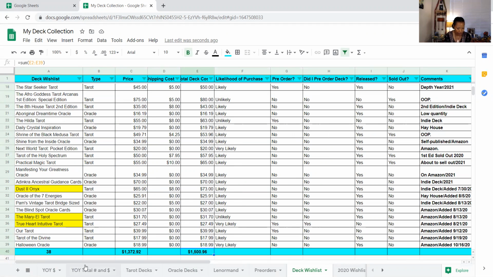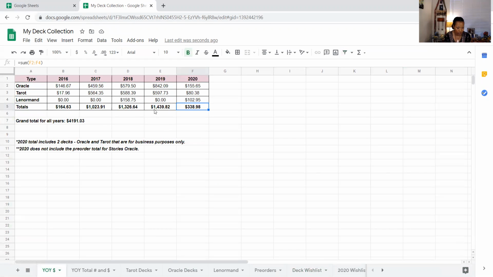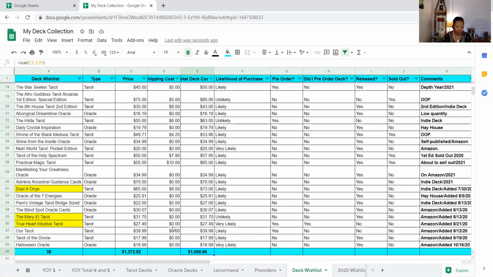And so, remember those totals I was showing you before? In 2019, I spent $1,439.82, and then I would have been on track. Actually, it would be more like $1,500, which would probably be what I've spent this year.